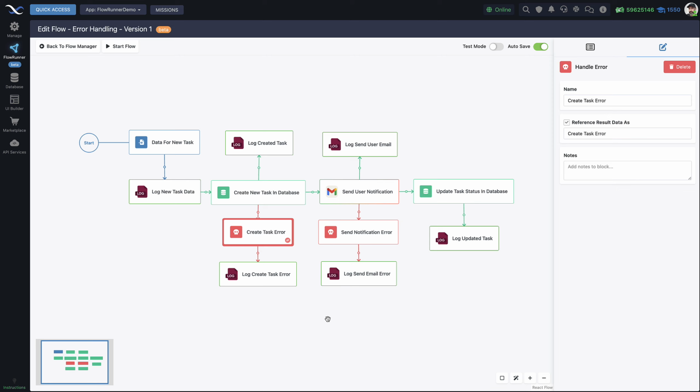So once again, error handling is super important. Definitely use it in your flows. Add as many error handlers as you want, or you could have just one, but definitely apply error handling in your flow branches, because you want any kind of error that happens at least to be logged, so you can see what's going on, and then provide some additional error